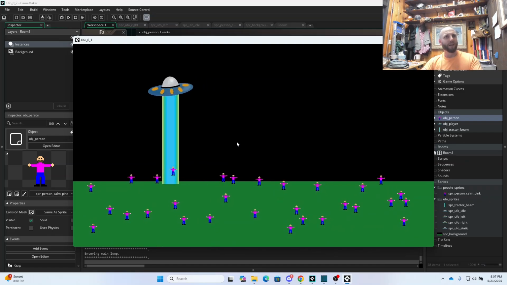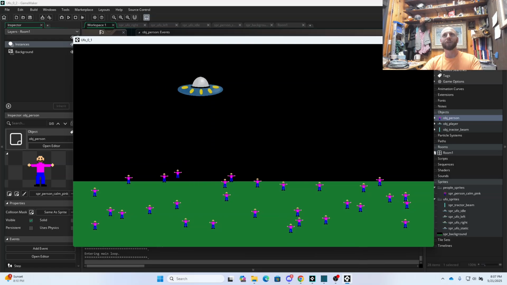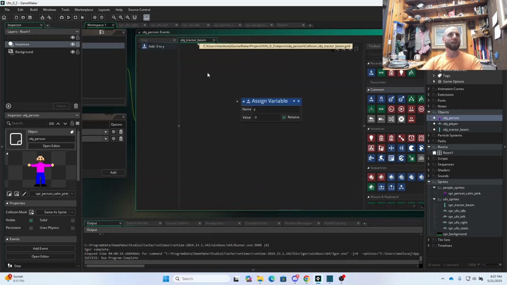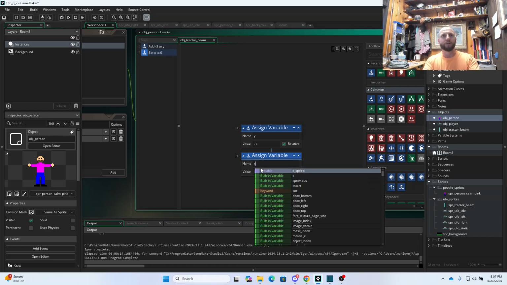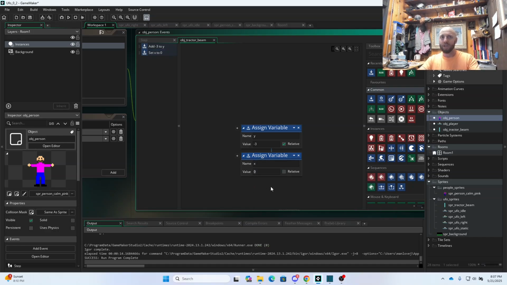Okay, and then I want to add one thing. I want to be able to pick them up and carry them around in the tractor beam. So let's go into our collision here. So this is the lifting part, right? So if we're lifting them, I want to move them over, but I don't want to move them over too fast. I want you to be able to drive so fast that they'll fall out of the tractor beam. So what I'm going to do here is I want to assign their X position to,